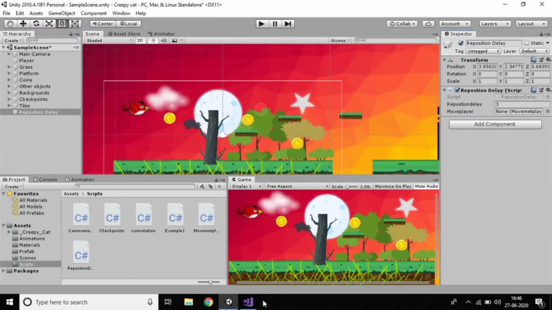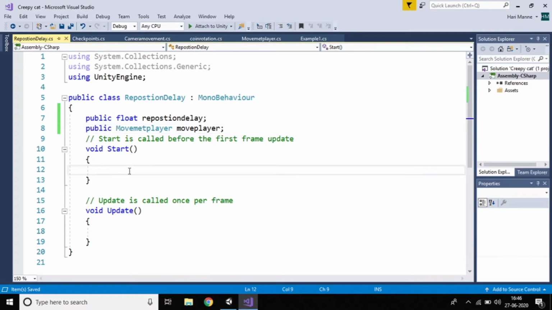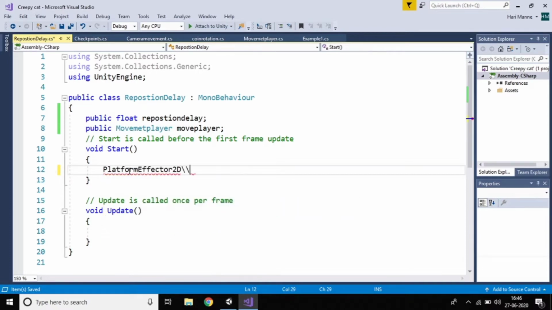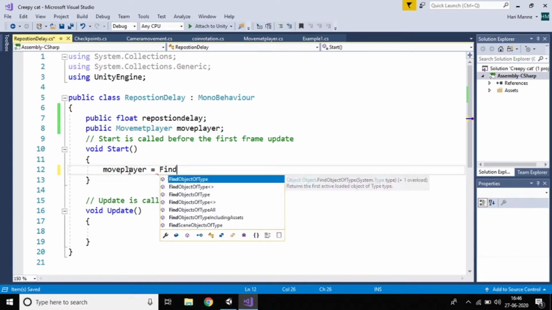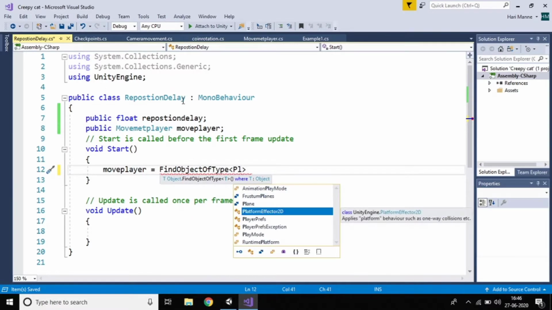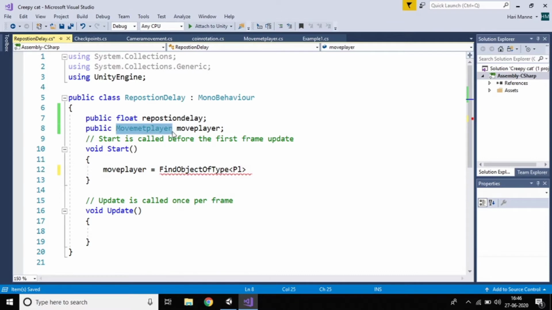Just keep this one as none, and you can do it like this, like player move. Sorry, MovePlayer. So we assigned a variable. Use FindObjectOfType, and give the player, the same name should be there, just copy this one and paste it here.